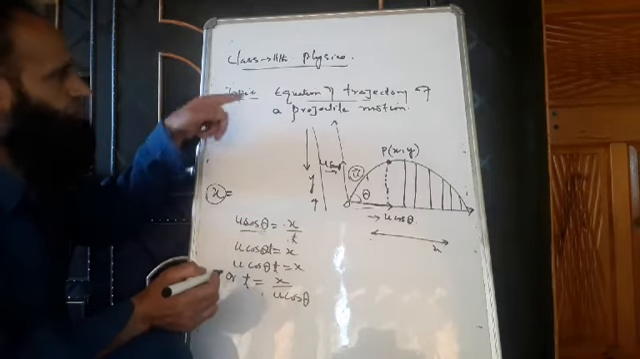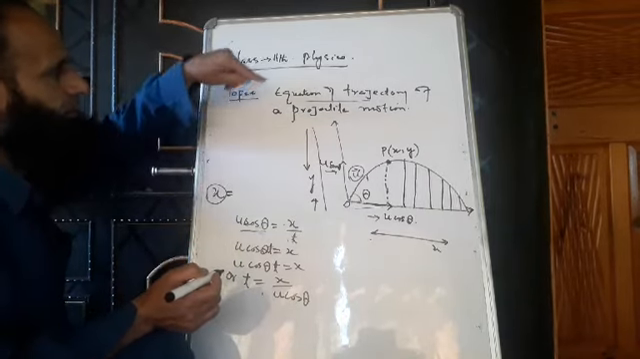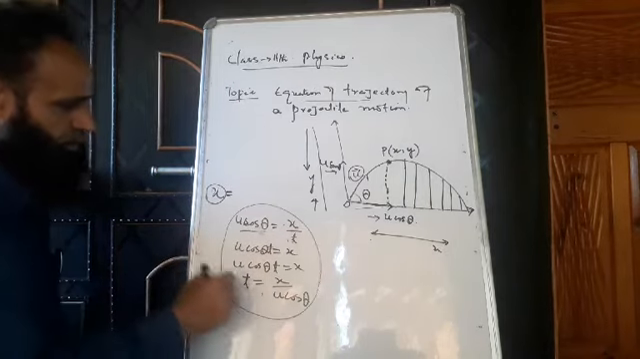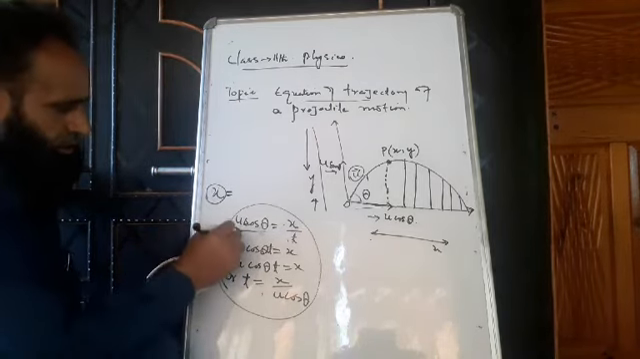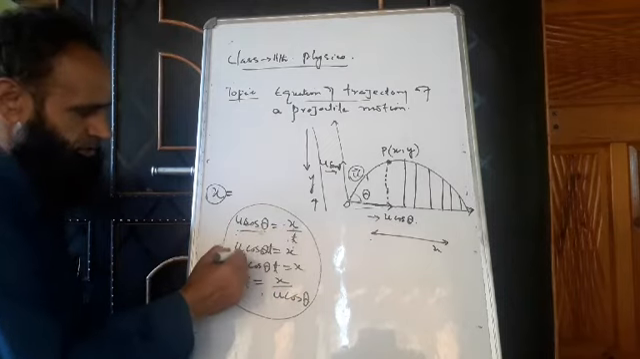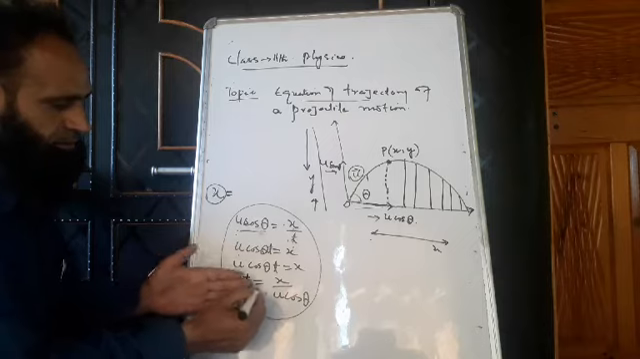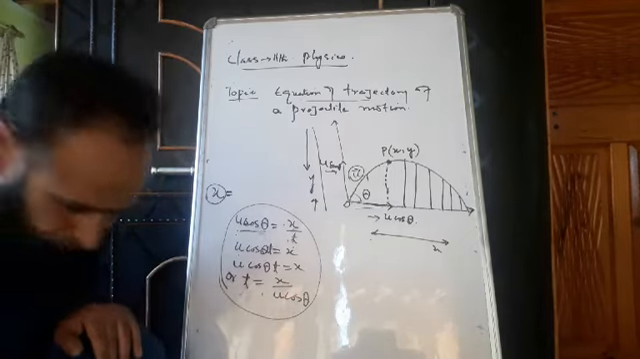This may be used while deriving the equation of trajectory of a projectile motion. We have found it from the velocity: velocity is equal to distance divided by time, and we got the time. Time t is equal to x by u cos theta. Now,